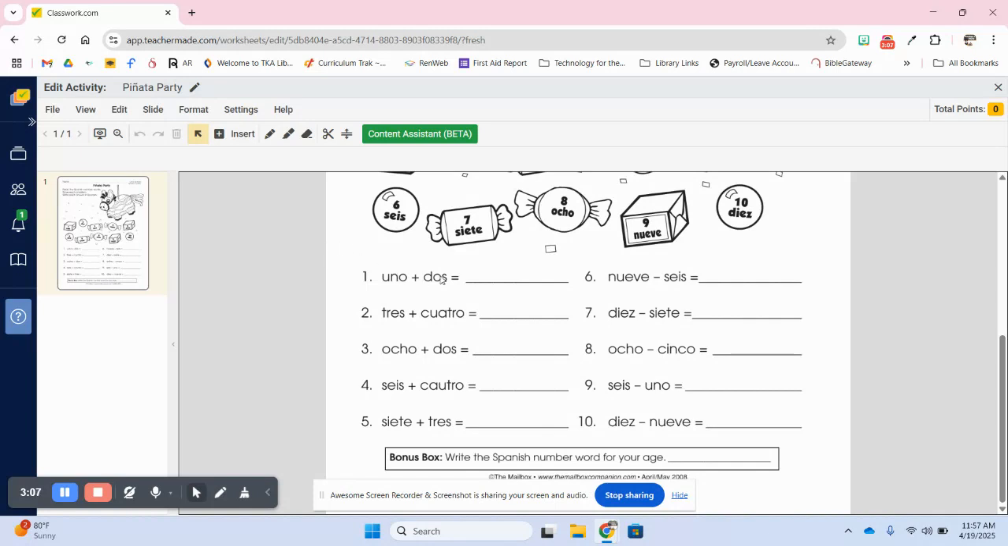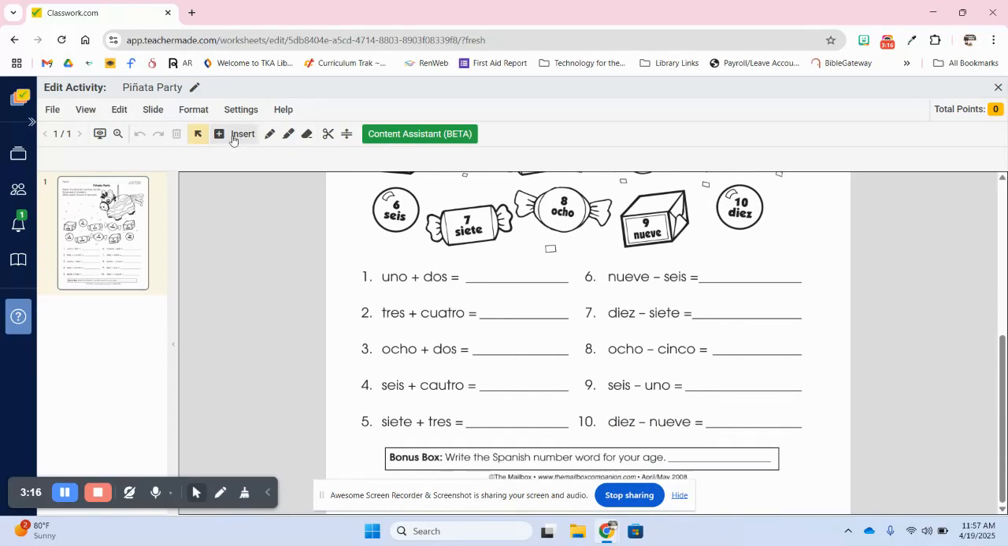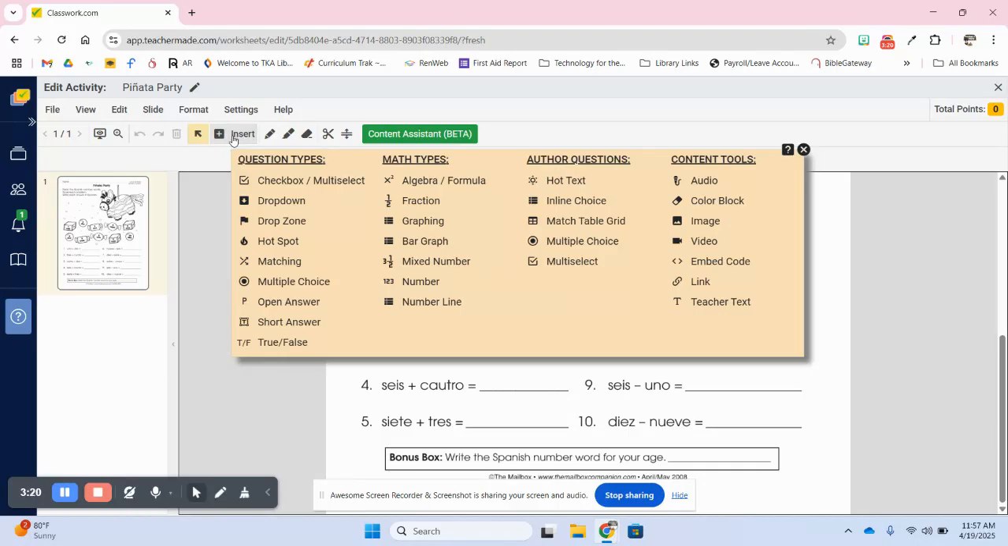Uno plus dos. Well, uno is 1 and dos is 2, so 1 plus 2 is 3, or tres. So I'm going to hit insert right up here to insert the content into this activity. You can see there's a checkbox button. You can see there's a drop-down menu, so if you're worried about your students spelling things correctly, you can put a drop-down